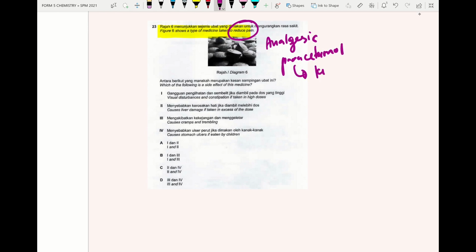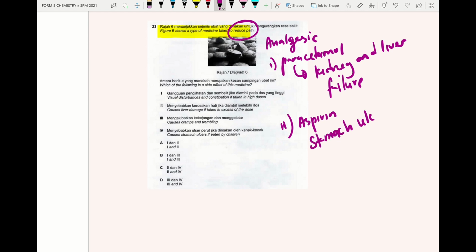Okay, we try to check this question. The figure shows the type of medicine to reduce pain. When they say reduce pain, please remember that will be analgesic. Analgesic, we have paracetamol. Long-term taking of paracetamol can cause kidney and liver failure. Please remember kidney and liver failure. And please remember aspirin is acidic analgesic. It can cause stomach ulcer, and it also can cause internal bleeding. So next one, please remember aspirin can cause stomach